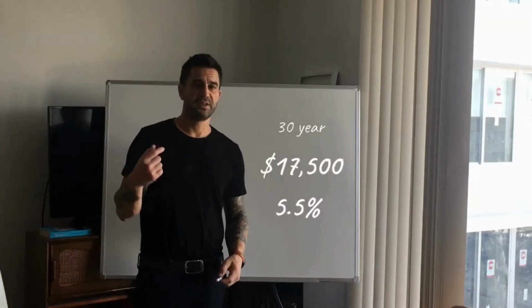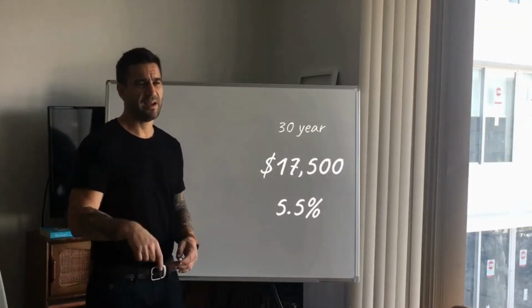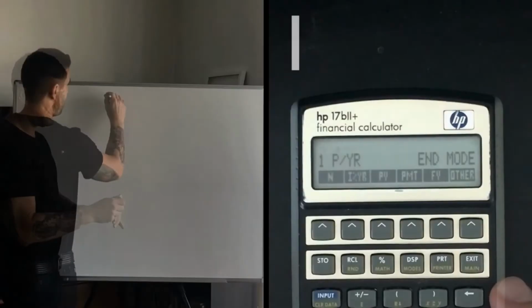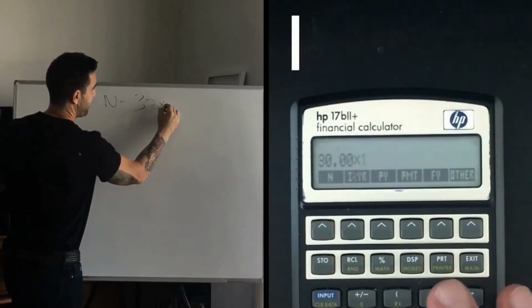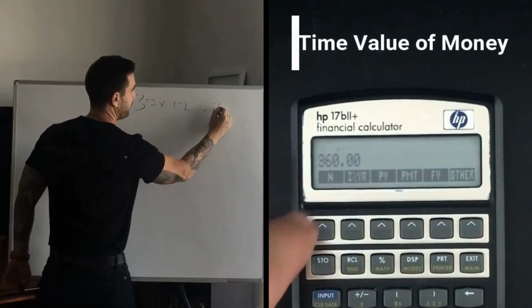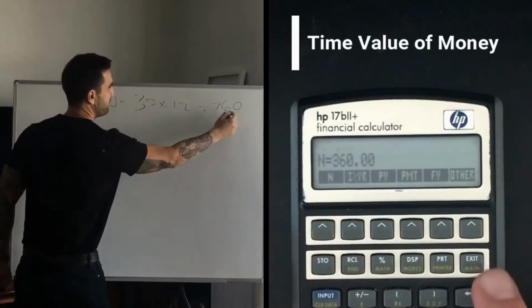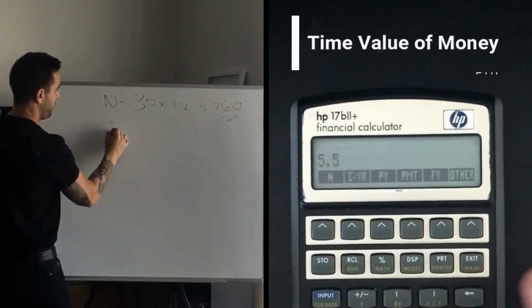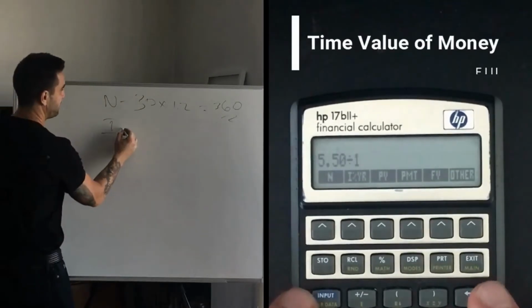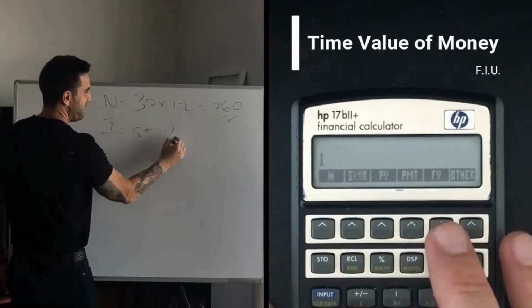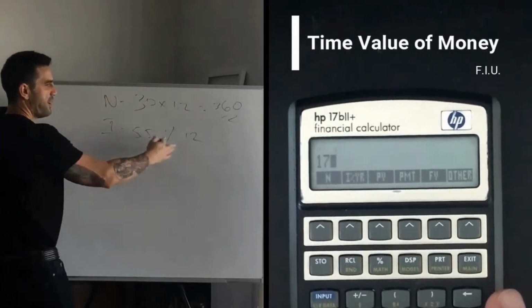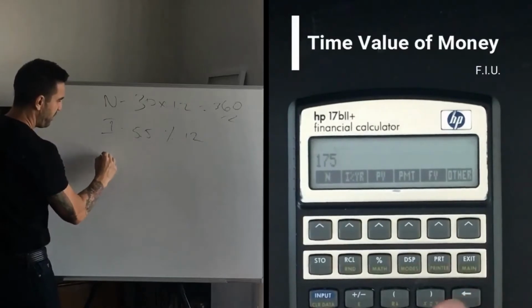30 years, $17,500 monthly, 5.5% interest rate annually. So N is your periods, right? 30 years, 30 times 12 equals 360. 360 periods. I stands for interest rate, 5.5 annually, so we're going to divide that by 12 to get our monthly. Then our payment,